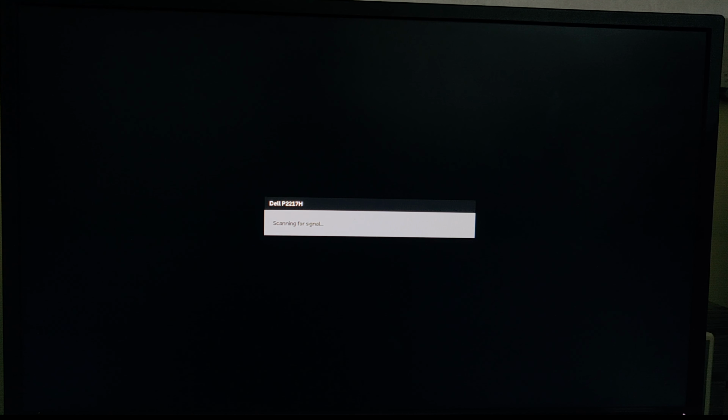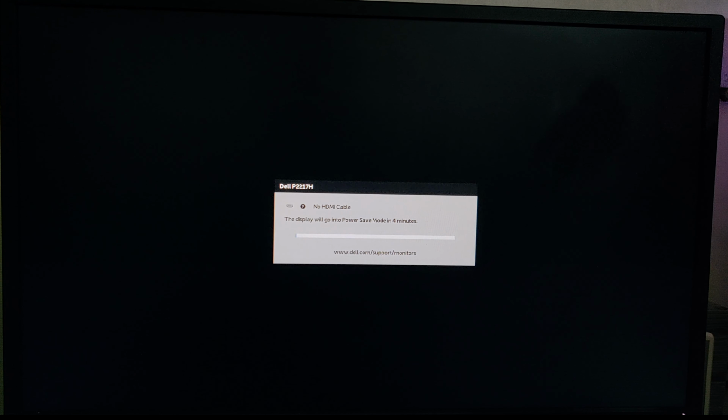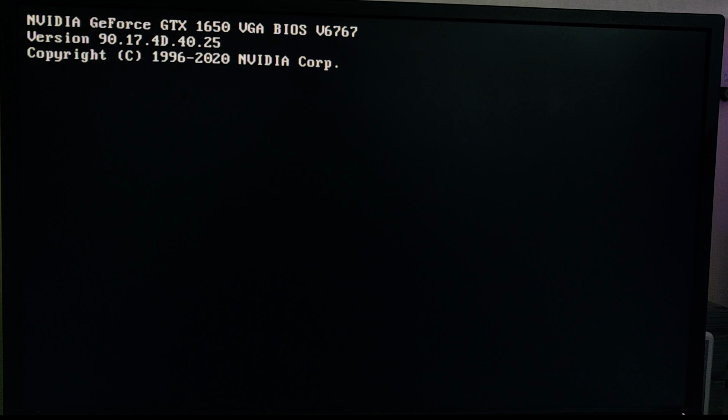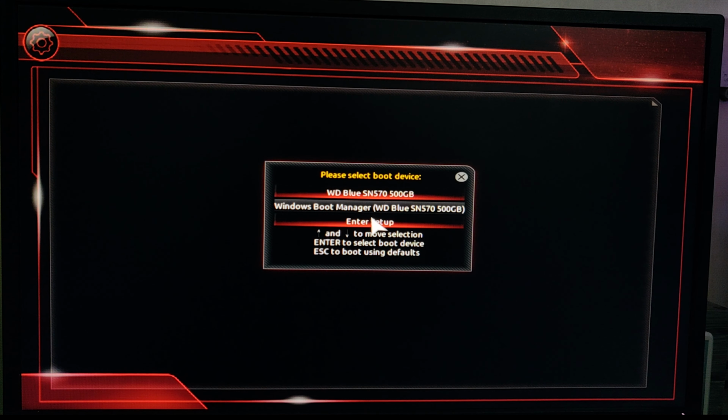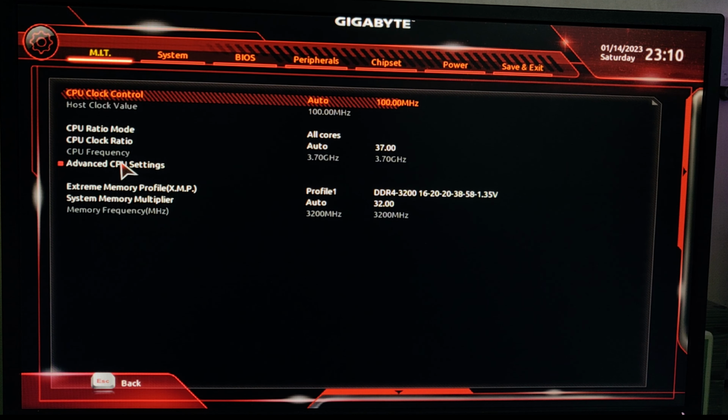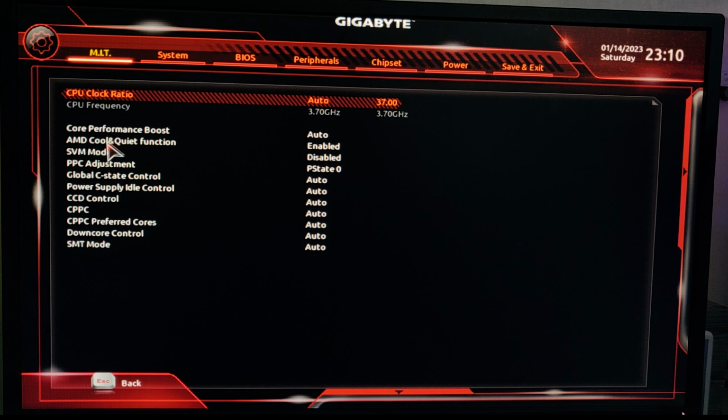Then we need to press the F12 key on our keyboard at the time of system boot. It will take you to the boot setting, and then we need to select enter setup in the drop down, and under the MIT section you need to select advanced frequency setting, and under advanced frequency setting you have to select advanced CPU setting, and in advanced CPU setting you can see SVM mode